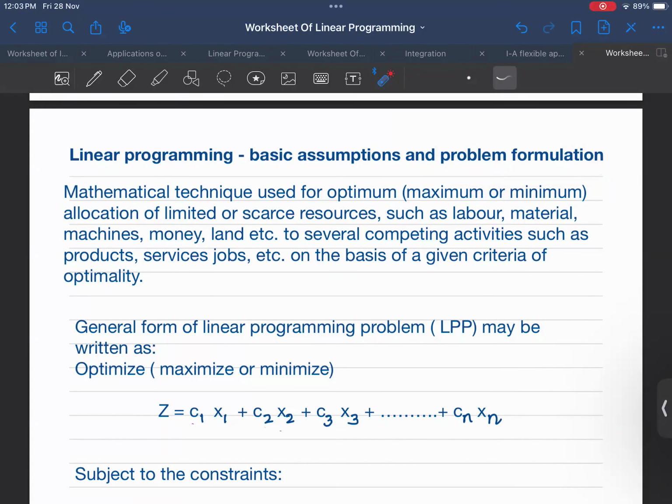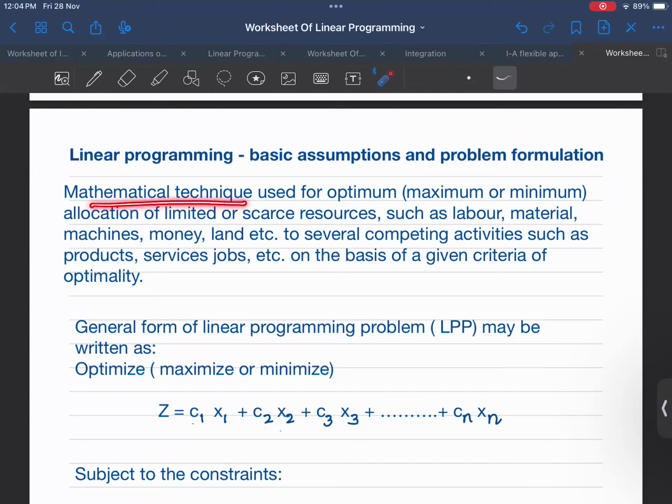But as of now, in this we will talk more about the simplex method. Right? But one or two questions we will talk about the problem formulation basics of the LPP so that you are able to recall the things which you have done in your previous classes. So let's start with